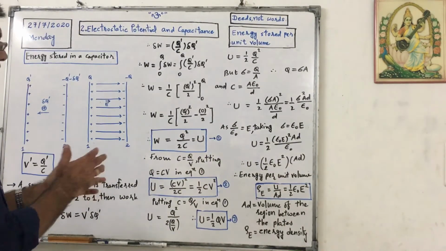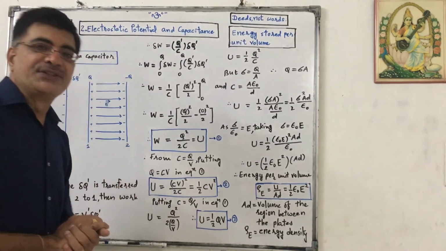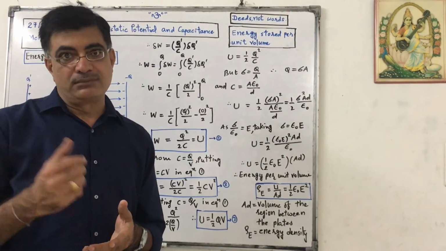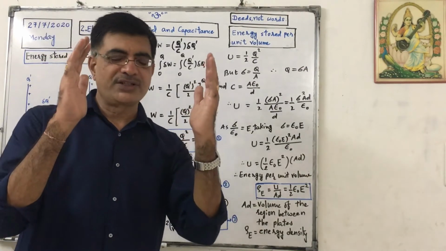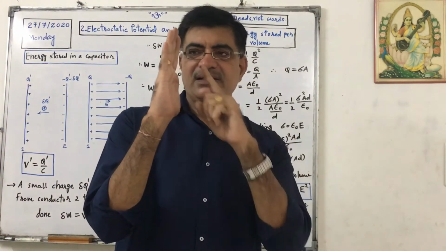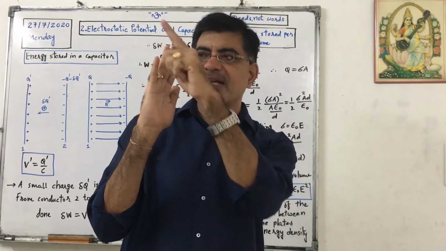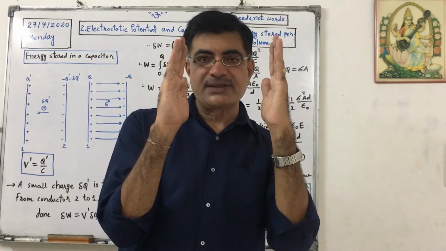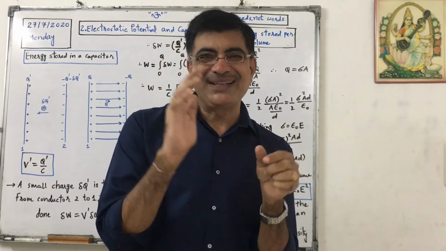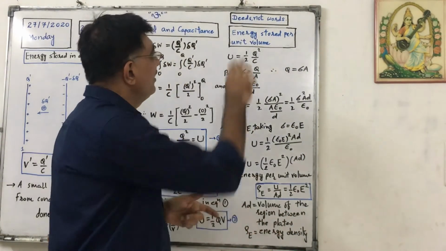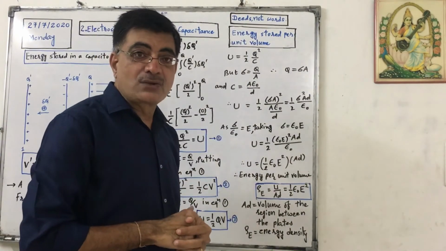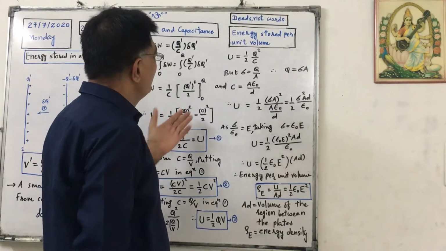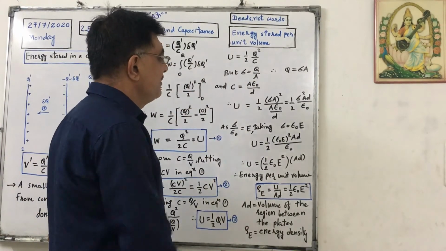Now this is the total energy stored in the capacitor. I want to find out the energy stored per unit volume. We know the volume between two plates: suppose area of plate is capital A and distance is small d, then volume between two plates is capital A into small d. So I have to find the energy stored per unit volume, that is called energy density. So again starting with this, U equals half Q square by C,